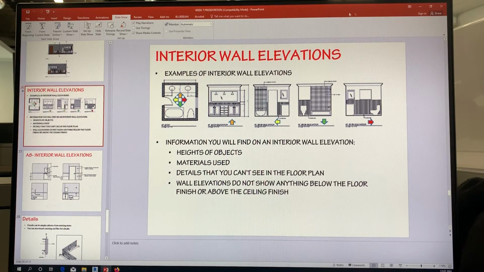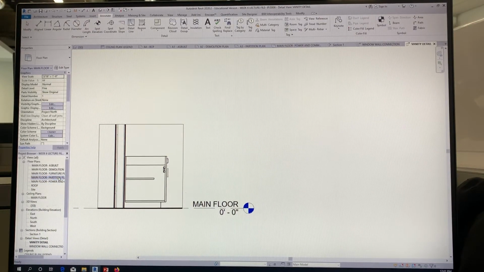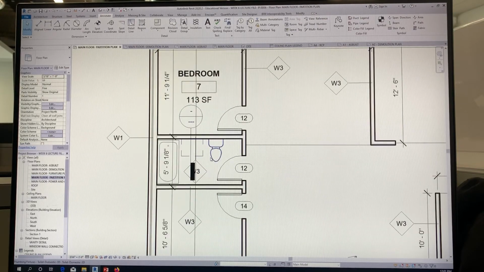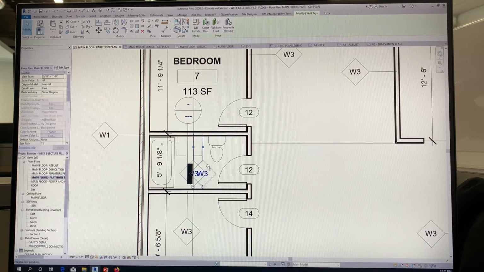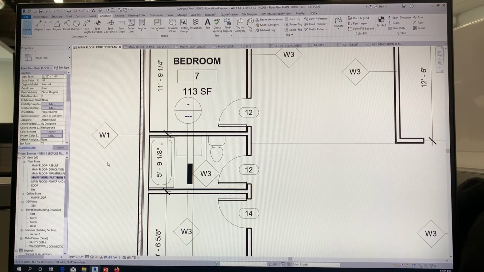wall elevations, and again, I've shown you how to do wall elevations before. Let's go back to our partition plan, and here's the elevation that I want you to have. Okay, now it's getting a little messy here. I'm gonna put it in this room. All right, I'm going to put in an elevation, and I want the elevation of all four sides of this bathroom. Okay, so let's go under View,